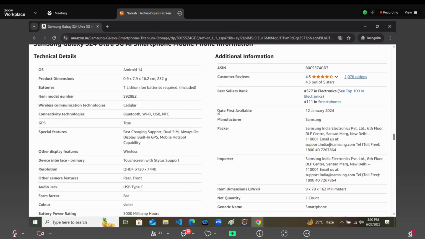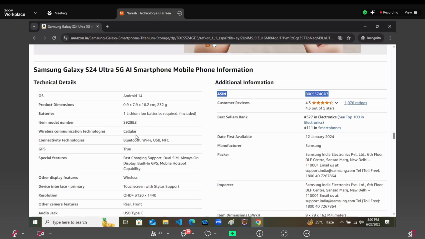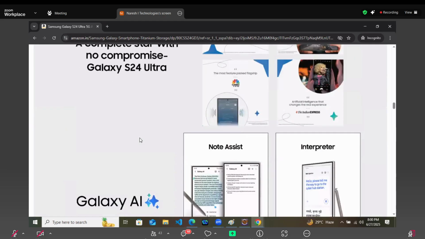So like this, they are providing ASIN code. Same way they provide SKU also. Maybe for security reasons they have hidden it now. So each product has SKU also. So it means just like an ID.